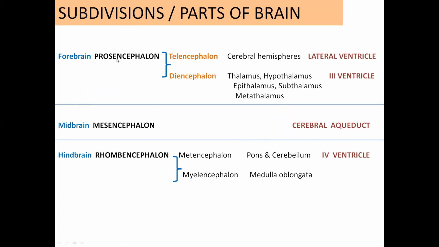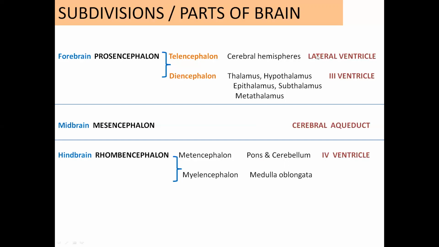In school, you'd have learned the parts of the brain. Okay, we'll have a quick revision of that. So you know the brain is further divided into forebrain, midbrain, hindbrain. The forebrain is also called prosencephalon. Midbrain is also called mesencephalon. The hindbrain is also called rhombencephalon. The prosencephalon or the forebrain is further divided into telencephalon and diencephalon. Telencephalon is the cerebrum. The cerebrum consists of the right and left cerebral hemispheres.